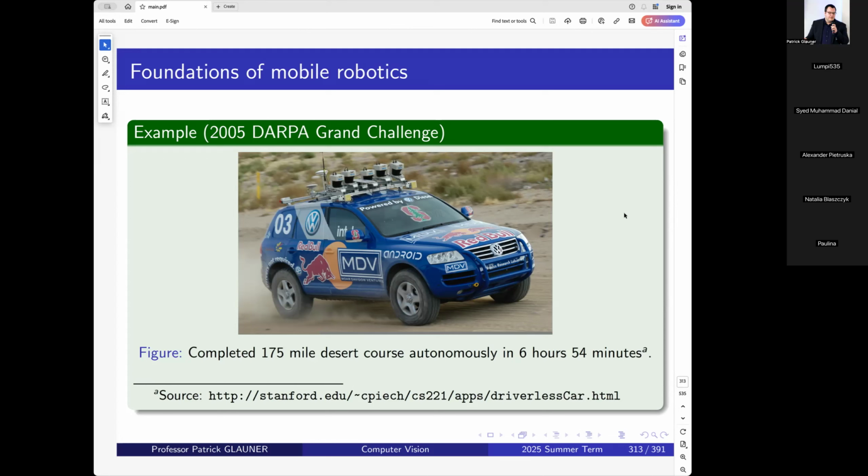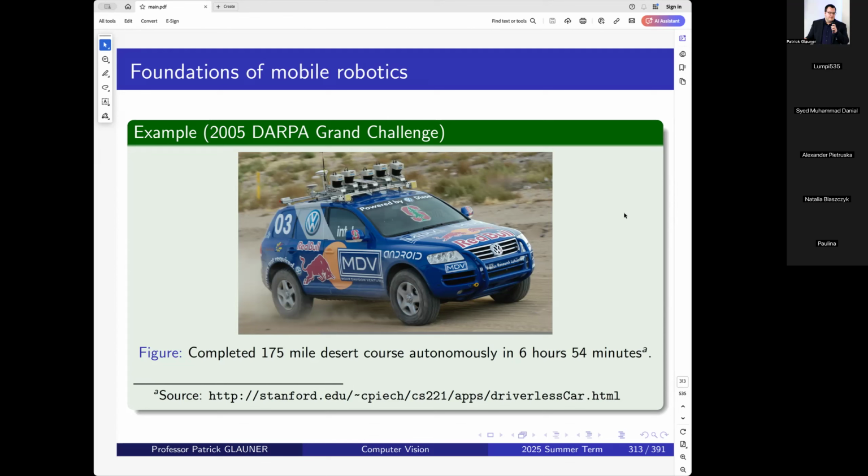And we're not fully autonomous yet, but we're getting better step by step. It's unclear when we achieve full autonomous driving in maybe complex urban settings, but we're getting better step by step. And a lot of that interest was sparked 20 years ago by this DARPA challenge, and the Stanford car